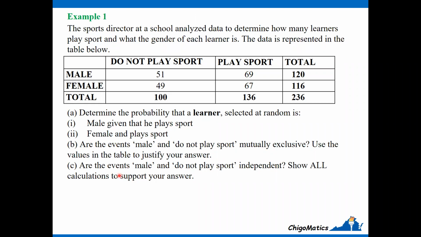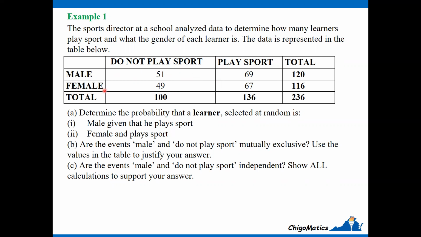Now, let us look at this example here. The sports director at a school analyzed the data to determine how many learners play sport and what the gender of each learner is. The data is represented in the table below. You see, we have this data, but we have 4 variables: do not play sport,